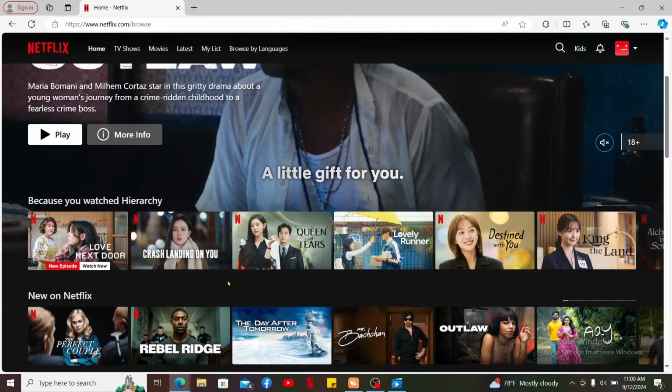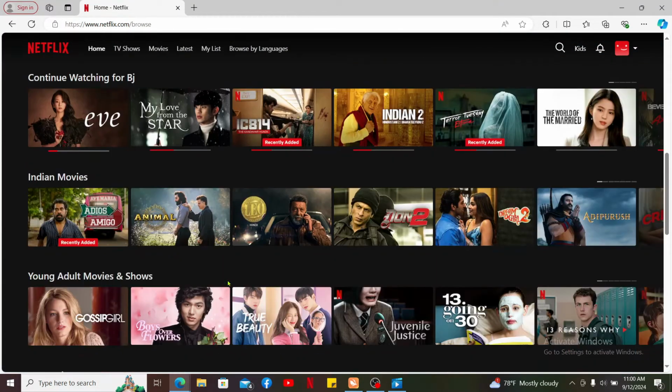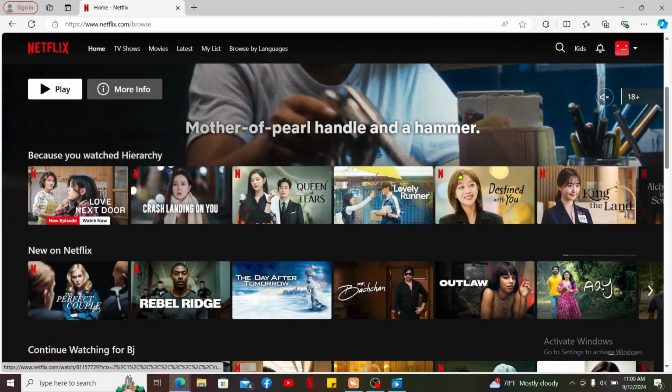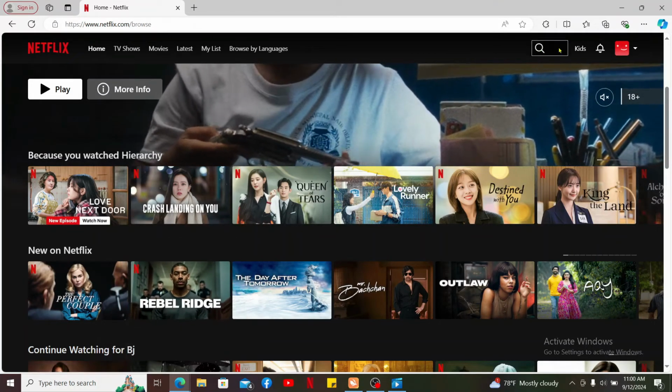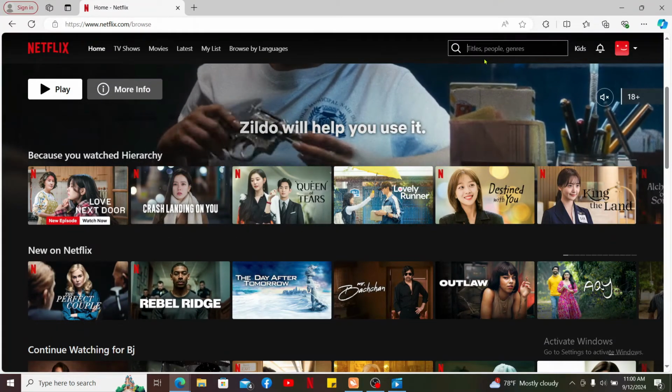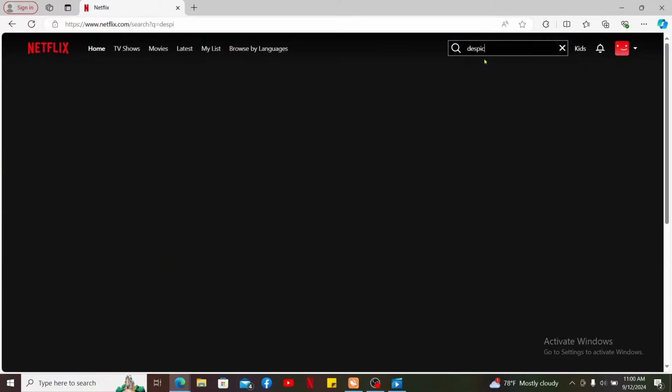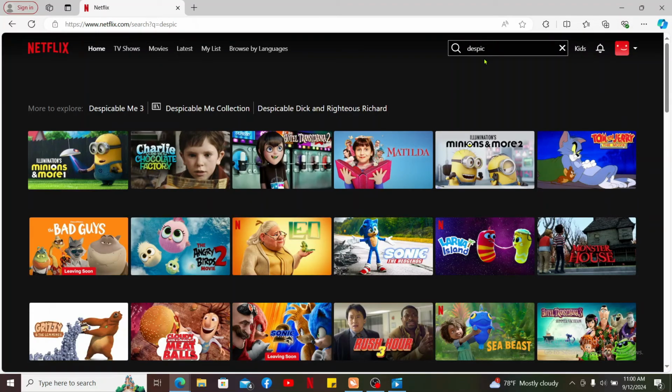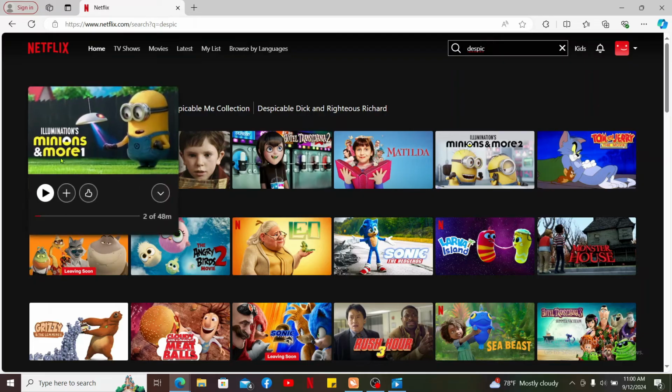You can go ahead and find the show or the content from the home page, or you can use the search icon at the top right and type in the name of a specific content that you want to add to my list. After you find the content that you want to add, go ahead and mouse over to it